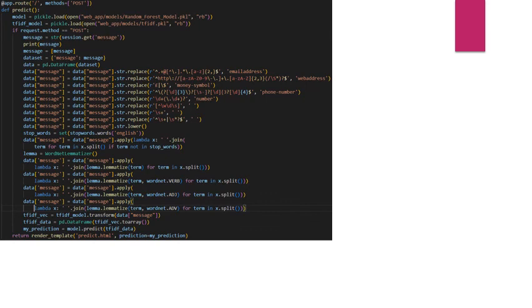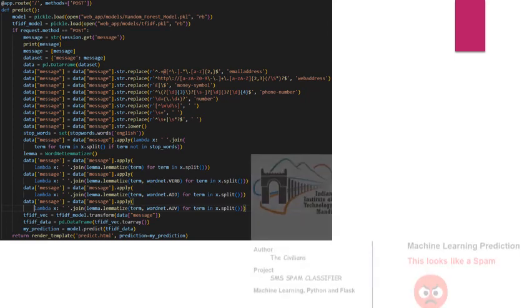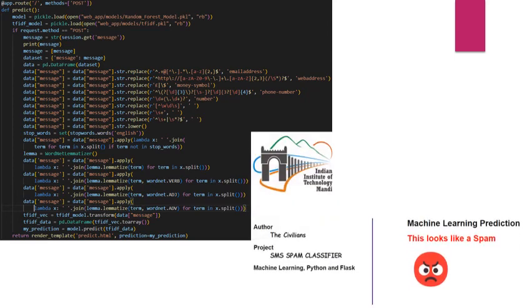The prediction page is the page where our actual model is executed. We model our distribution according to the pre-processed data. So again, when the user enters a new message, we need to pre-process it before we actually apply our model to it. We take the message, replace the things that we replaced earlier, convert it into lowercase, remove the stop words, and lemmatize all the words in the message, and then we use model predict and find the prediction. After predicting, the output appears like this. If the SMS is considered to be spam, it shows that this looks like spam.